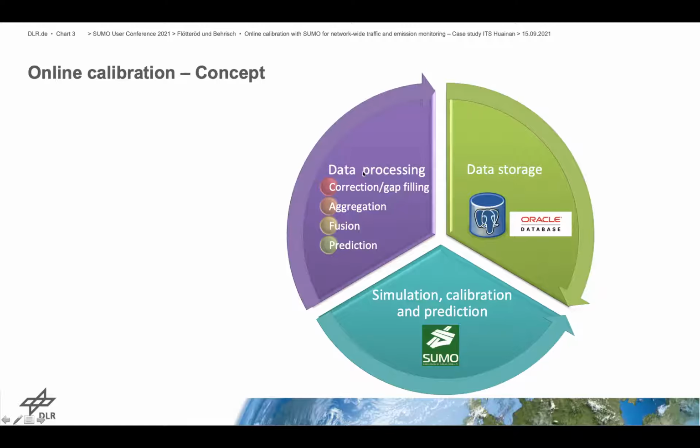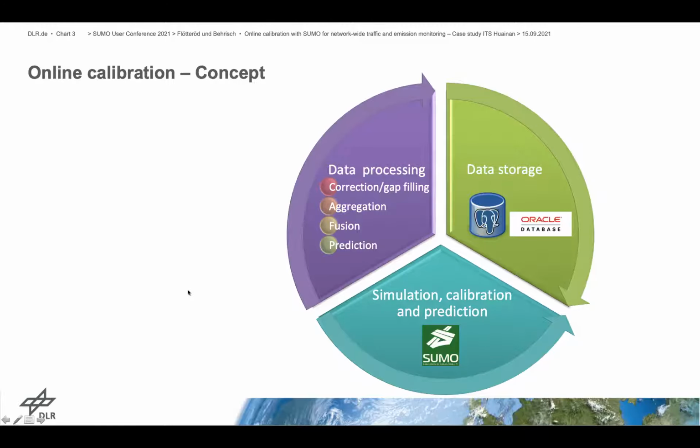All results are sent to and stored in a given database, such as Postgres or Oracle. During the simulation, the respective data from the given database will be retrieved for calibration and prediction again. The simulation outputs will then be sent back to the same database, and all this output data can be visualized, for example, in the KeepMoving portal.